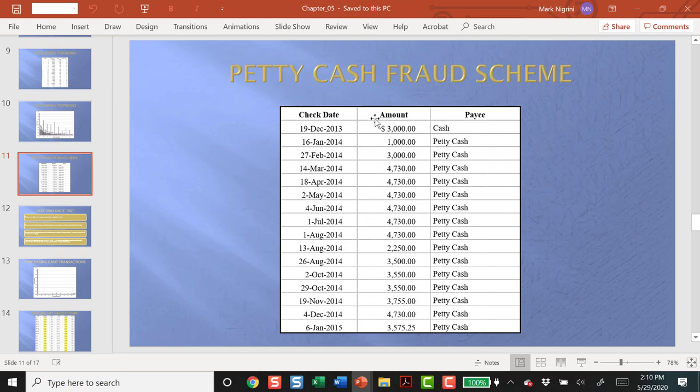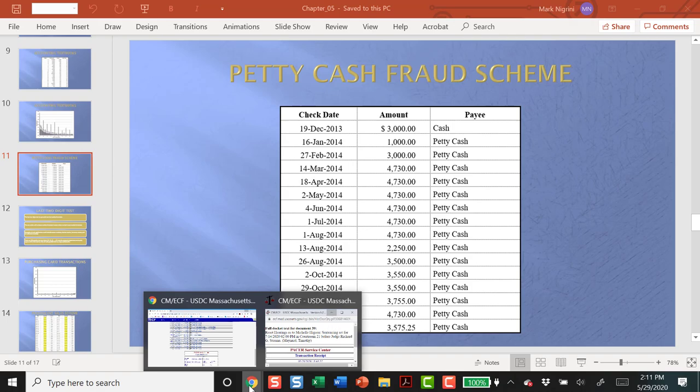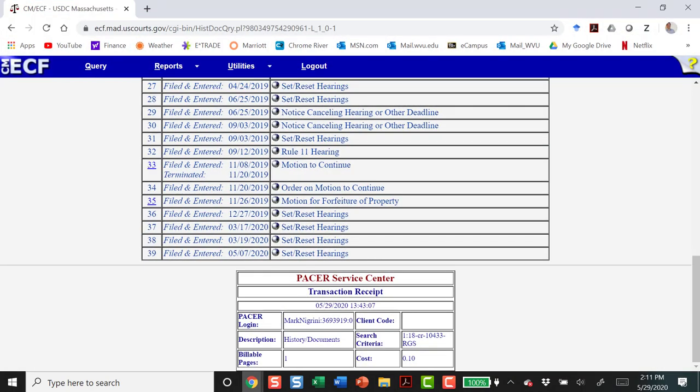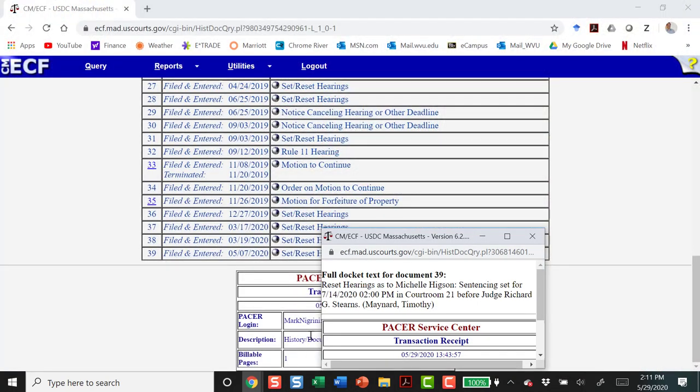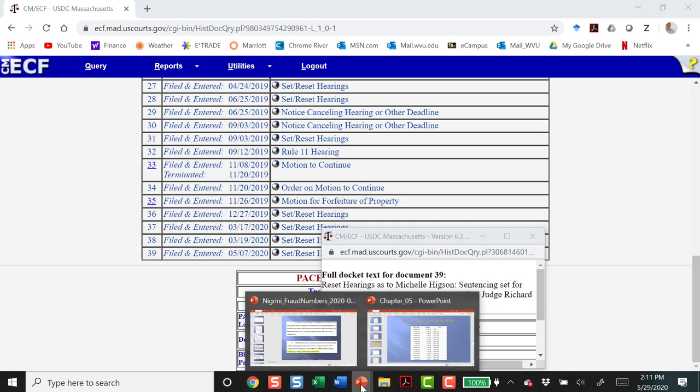Interestingly, she ran the scheme in 2014. She was convicted in 2017. She went to prison for 3 months in September of 2017. And here we have a new case dated 2020. You can see that the new sentencing is set for July 14th, 2020. And what this is all about is,